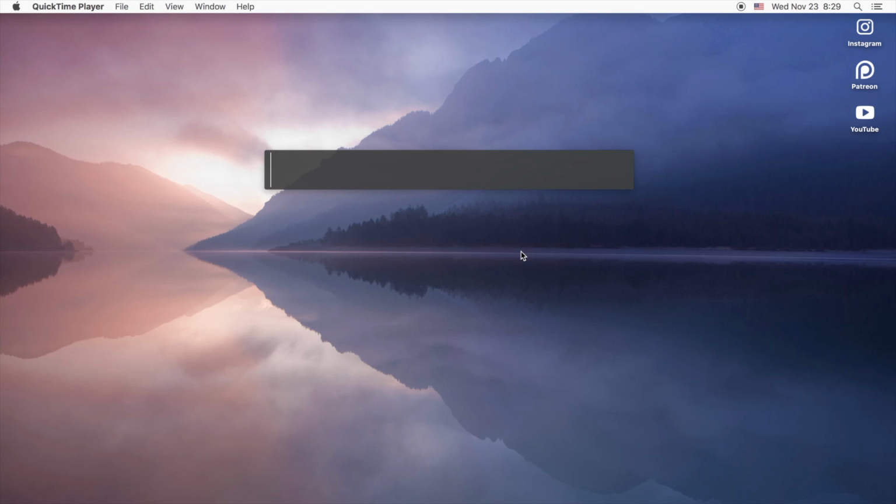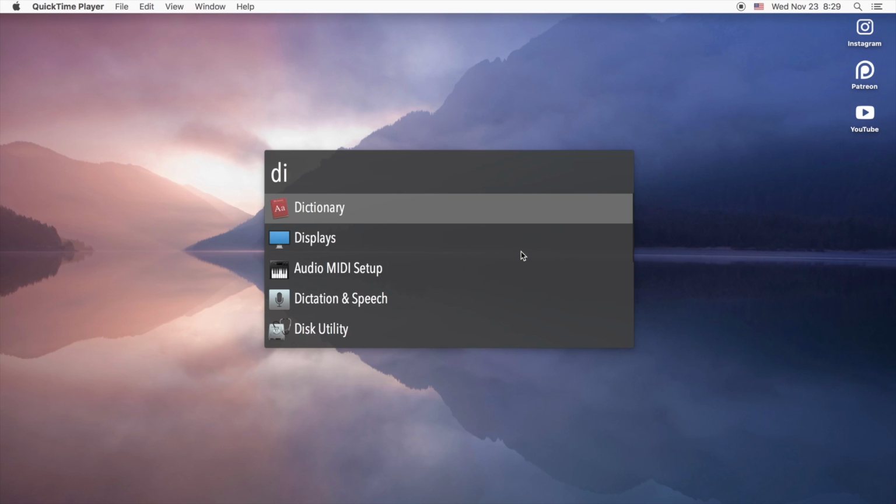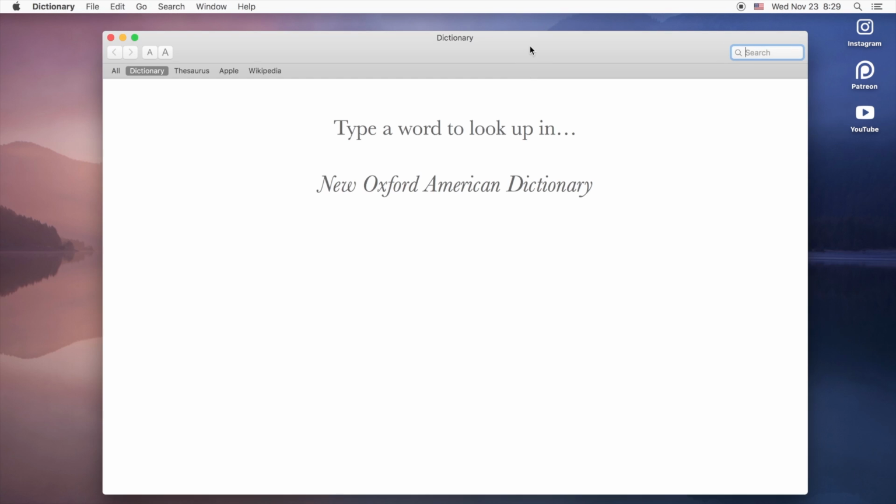So the first item on this list is actually the built-in dictionary for Apple OS. I like to use an application called Alfred that allows me to immediately pull up any application on my computer. So if I type in DI, dictionary is the first thing that pops up because I use it often. Then I just press enter and my dictionary comes up. The dictionaries that are built in, or I guess built in and displayed by default, are the English to English Dictionary or New Oxford American Dictionary, the Thesaurus, the Apple Dictionary, and the Wikipedia Dictionary. So this obviously isn't good for studying Japanese.